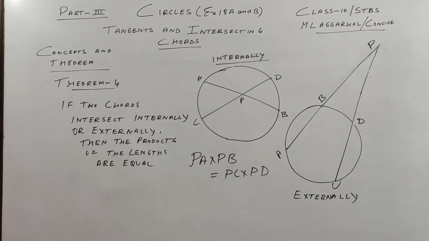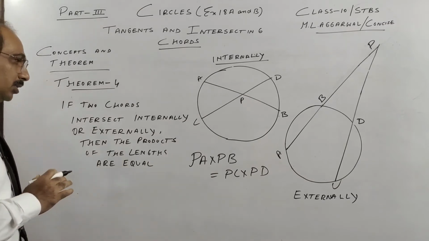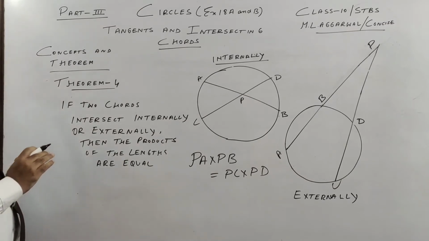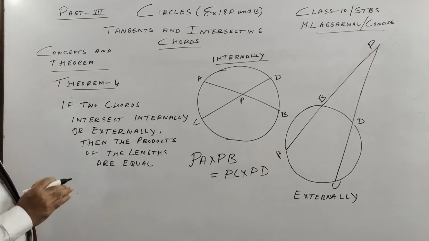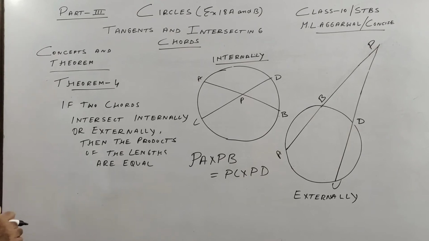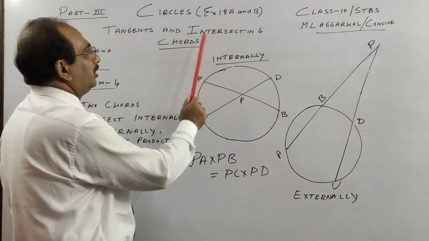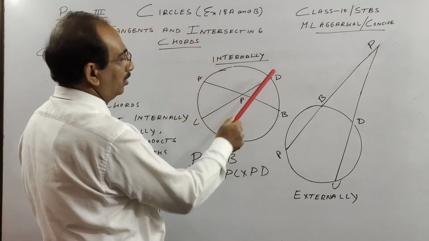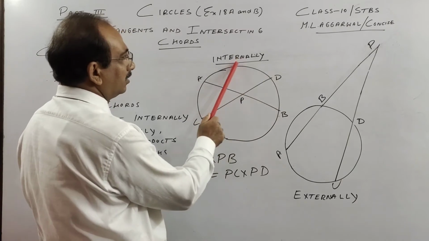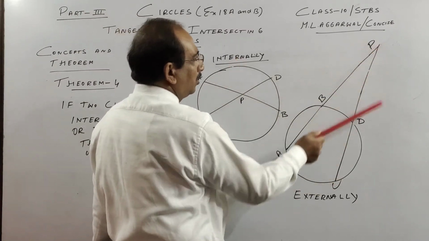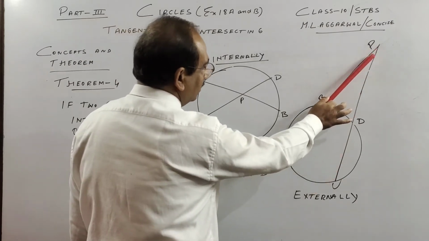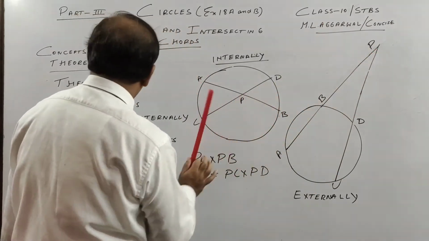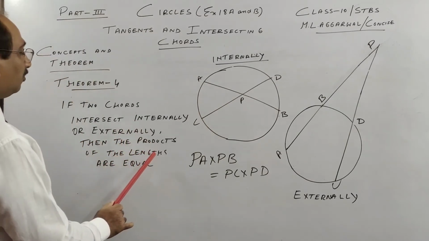So let us see theorem 4. This I think is also presently not there in the revised syllabus, but anyway, it's a very good theorem. You will see a lot of ICSE questions on this. What this theorem says, children: if two chords, and I've already taught you in part 1 of the video what chords are, if two chords intersect internally, or two chords go out and intersect externally, then the product of the lengths